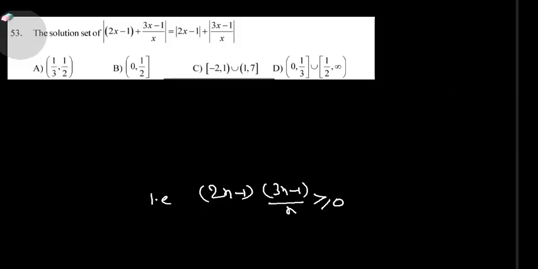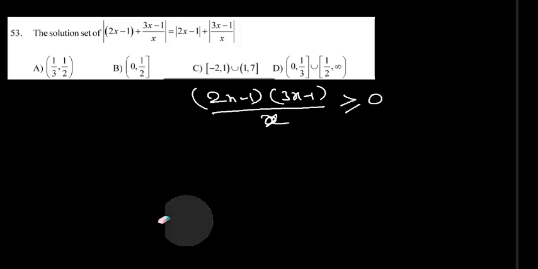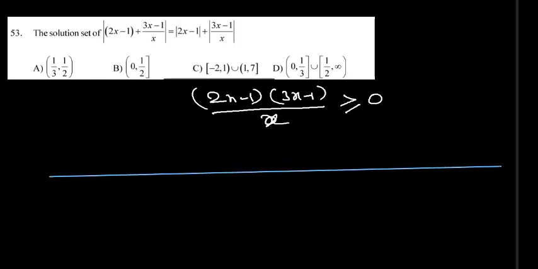Means these are to solve inequality. 2x minus 1 by 2, 3x minus 1 by 0 greater, x greater than 0. Simple problem by using sign scheme or wavy-curve method we complete it. Somewhere 0 here, 1 by 2 and 1 by 3. So 3 by 6, 2 by 6. So 3 by 6 will be this, here 1 by 3, here 1 by 2.